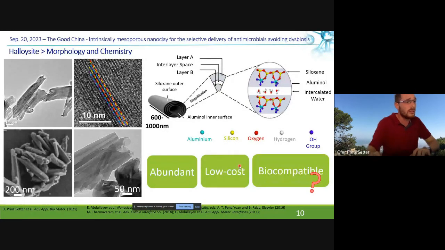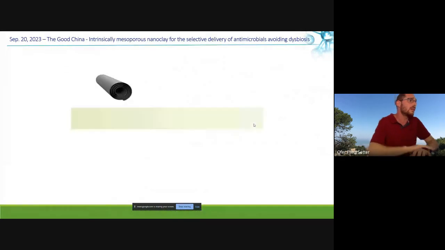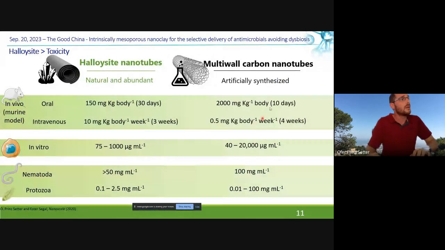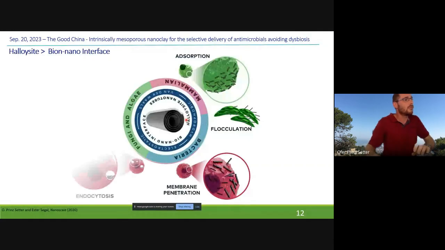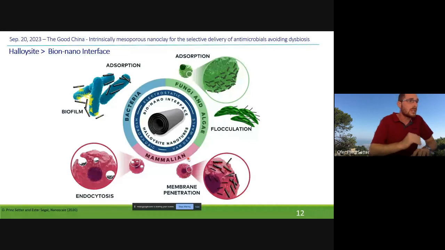It is very tempting to identify them as biocompatible, but actually, according to a survey we performed recently comparing halloysite nanotubes to other commonly used synthetic nanomaterials, such as multi-wall carbon nanotubes, we saw that the picture is a little bit more complex. This is some of the thresholds we found. So we can conclude that at least halloysites are not more toxic than other nanomaterials. And all these attributes of halloysite nanotubes render them ideal for all kinds of biomedical applications, such as tissue engineering and drug delivery,